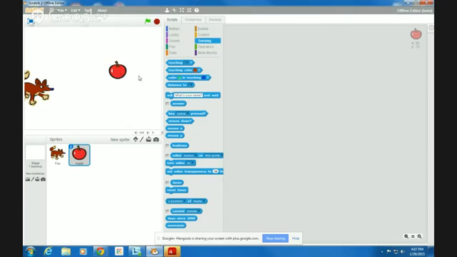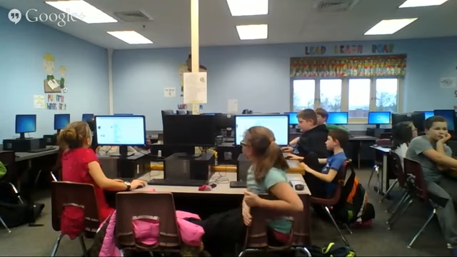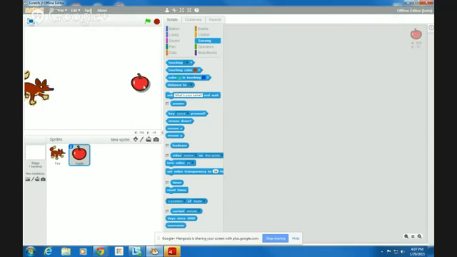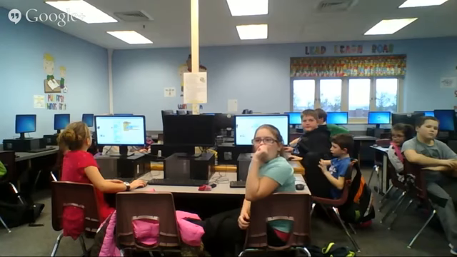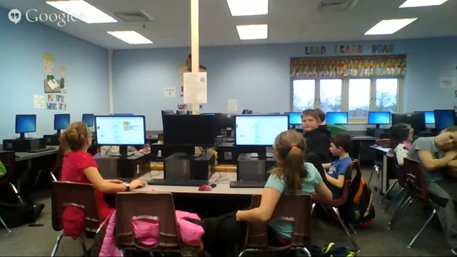And now you're going to drag the apple to the right-hand side of the screen. So just drag it to the right-hand side, or whatever your second object is. It can be an apple, it can be anything. And that is going to be what your first character is trying to get throughout the game.